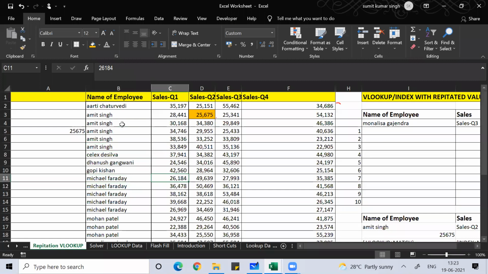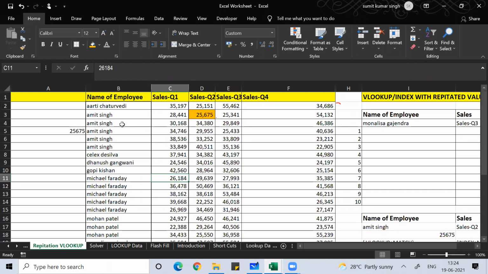The problem with VLOOKUP or the INDEX function is that if there is a repetition of values, and you are trying to work with VLOOKUP or INDEX, it will take the value which is at the top. Maybe you have the same person name again, but it will not be able to consider that part. It will consider only the name which is at the top, and give you the answer based on that data. But if I say no, I want the second Amit data, the third Amit data, what can I do? I hope you understand it.